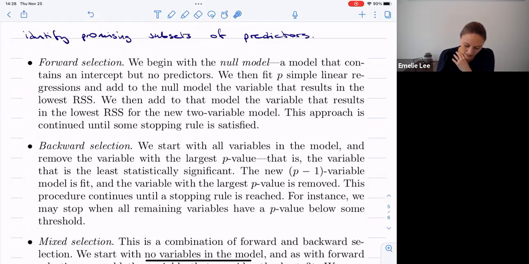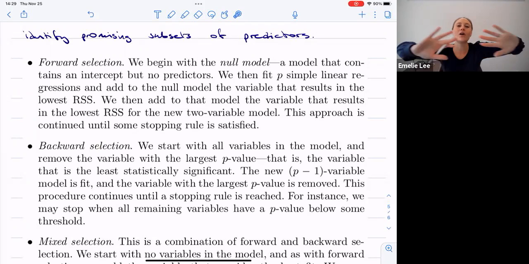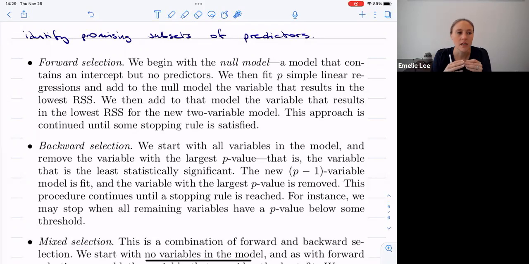Okay. Whereas backward selection, we put all the predictors into the model, right? And then what we do is we slowly take away the least significant predictor at each iteration. Okay, and so at each step you remove the one with the largest p-value,